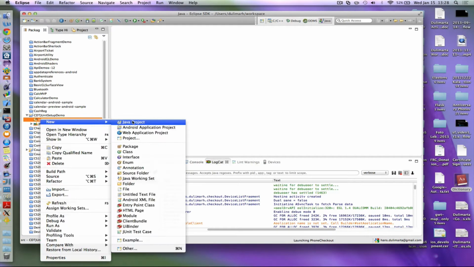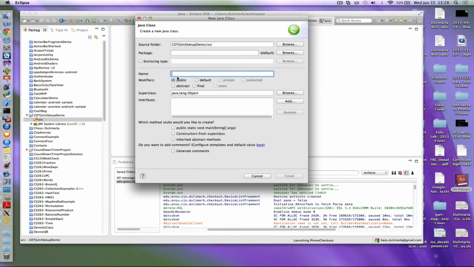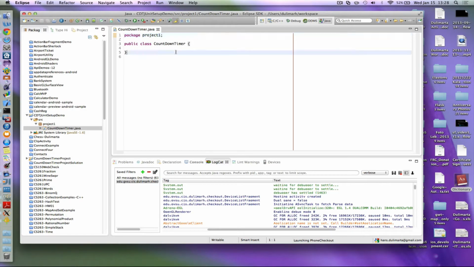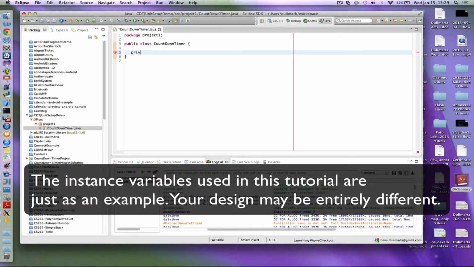So assuming that you do have the countdown timer class set up, because you've been working on it for quite a bit now, let's say I'm going to create a project, a package named project 1, and just click finish. So you do have the setup of your instance variables